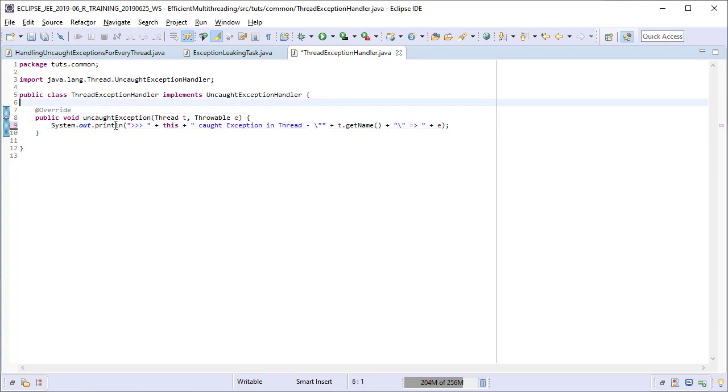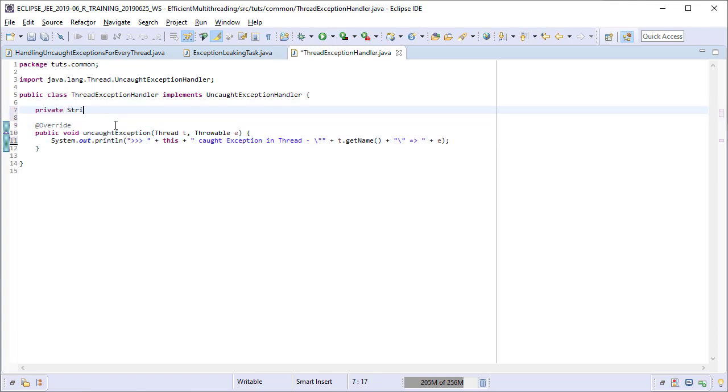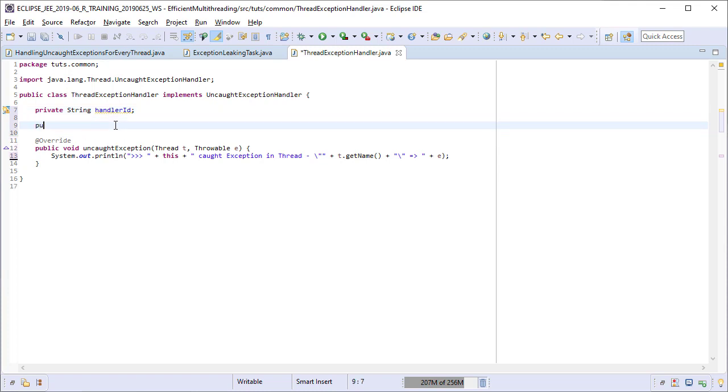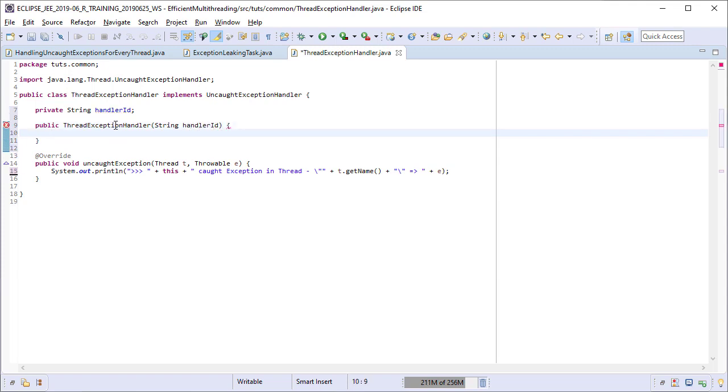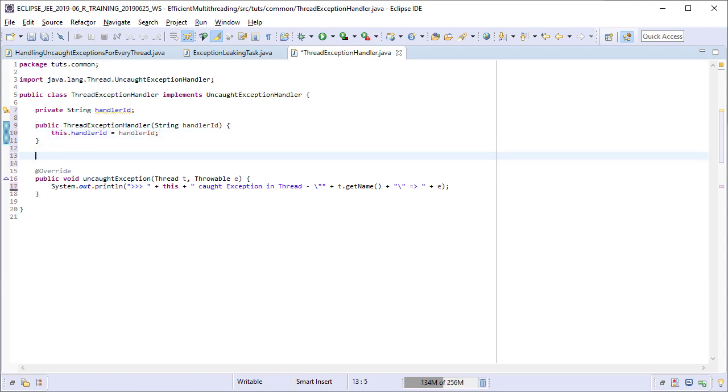Let's add a constructor too. Using this constructor, we can give an ID to each instance of this handler class. Let's add the default no-args constructor too, so that we can use it if we do not want to provide any ID to the handler instance.